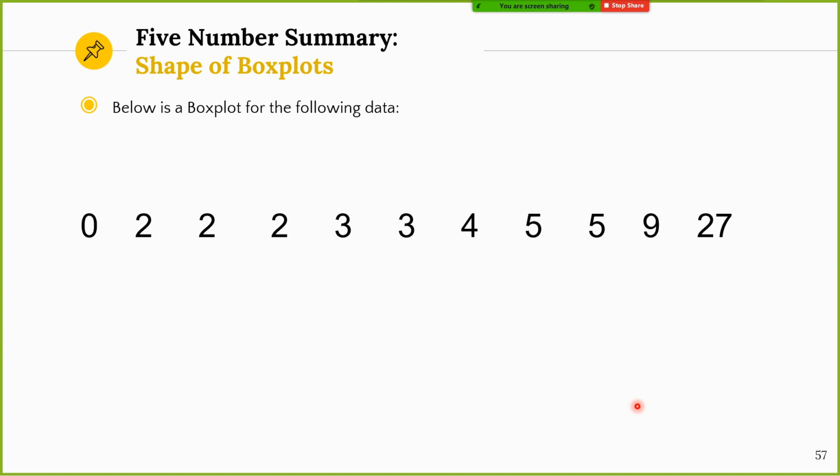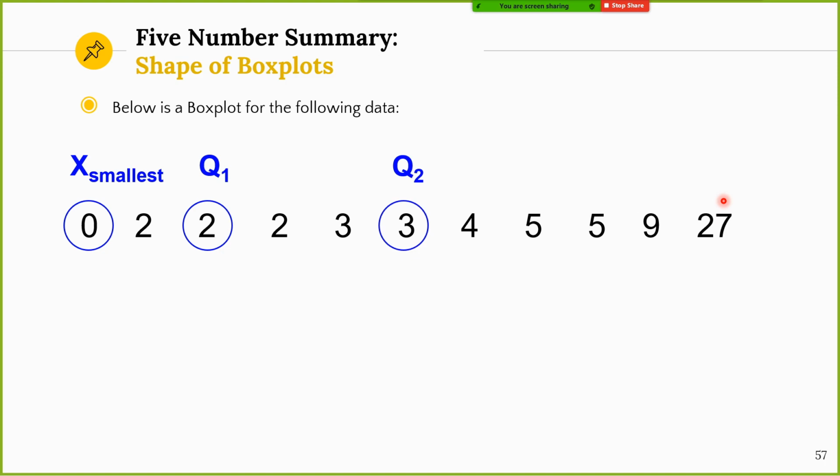So let's go to the example. In the numbers below, you can see the following data. You have the 0 value, 2, 2, 3, and so on. You can see you have possible outliers here. So how would this outlier affect your box plot? You have the smallest, the Q1, the middle number is the Q2, then you have the Q3, and the largest number.